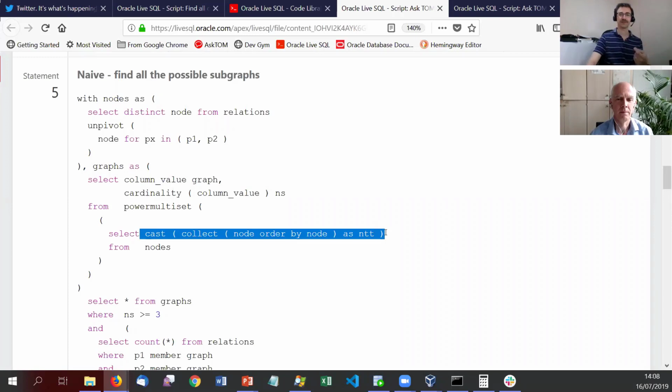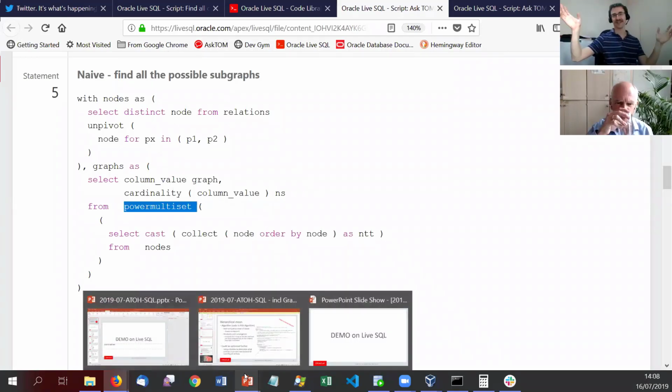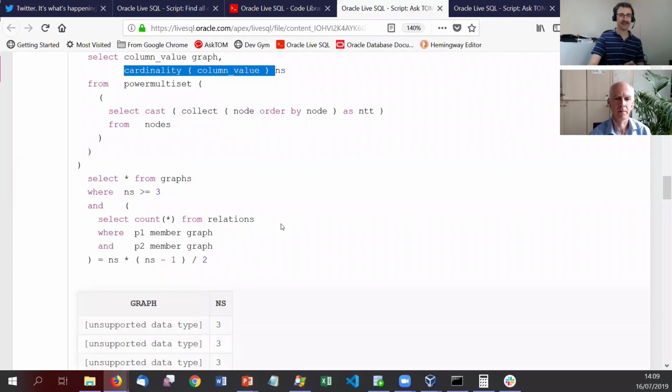So we can build up this collection, our Oracle nested table, and then we can use this thing called a power multiset, which automatically does that explosion for us. It looks at every element within it and generates it combined with every other element. So we get a massive explosion of our data. And cardinality is a neat built-in, which tells us how many elements there are in that set. So we know how many vertices there are. Then if we go down a bit,